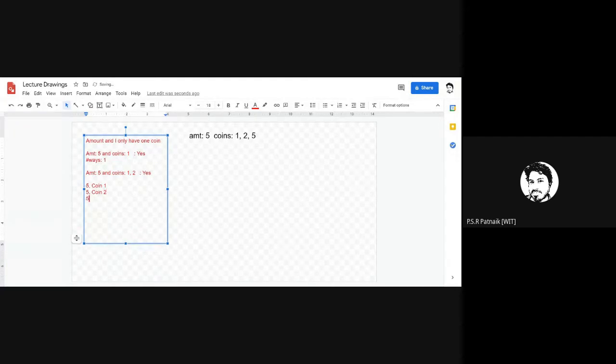Or can I realize amount 5 by using both coins 1 and 2? Whatever yes or no you get for 1, for 2, and for both coins 1 and 2, summing up all these will give you the solution to the problem. The number of ways indicates the number of ways I can realize this amount.